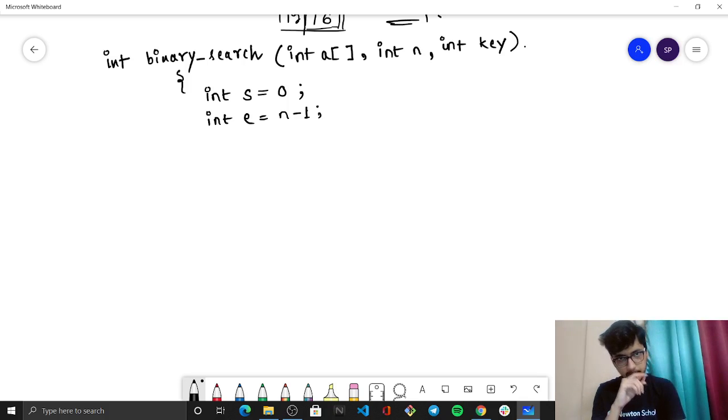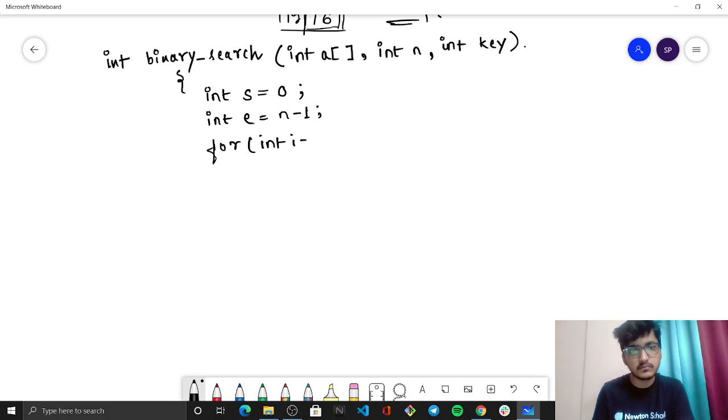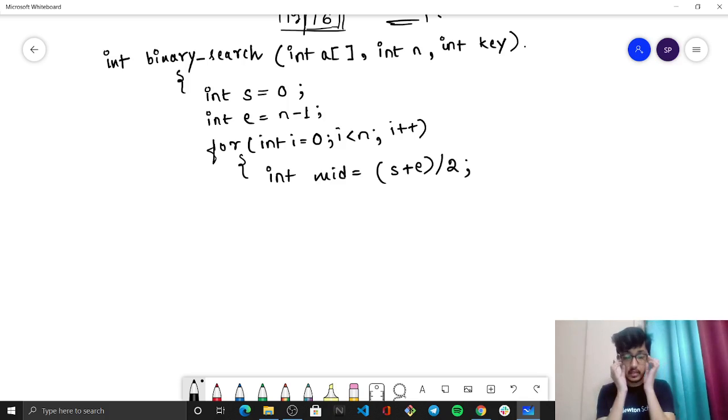Okay, next what I have to do is, as long as this loop is running, int mid is equal to start plus n by 2 each time. That is what I will be doing, start plus n by 2.